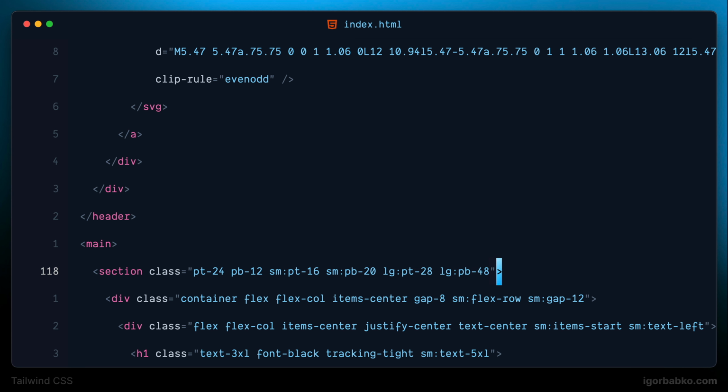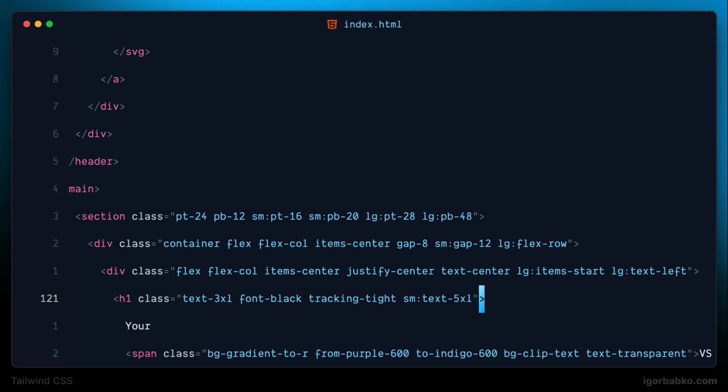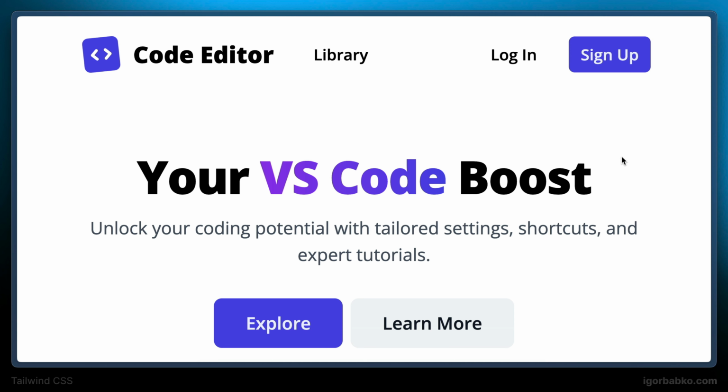And then just to be able to position elements within the hero section vertically on tablet screens, I'm going to apply flex row class only for bigger screens. And then we're going to align headings on the left sides, also starting from bigger screens. Because on tablet screens, by default, those headings, the main one as well as the subheading, have to be positioned in the middle. Alright, cool. As you can see right now, the heading as well as the subheading are positioned in the middle on